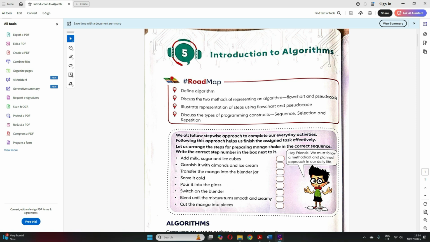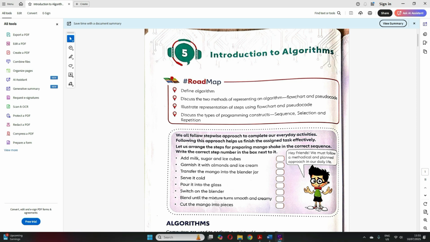In our everyday life, we perform certain tasks, right? We follow certain steps. For example, in the morning when you need to brush your teeth, there are some steps that you follow. First you pick up the brush, then take the toothpaste. Third, you apply toothpaste on the brush. Fourth, you brush your teeth. Fifth, you rinse your mouth, right? So these are the set of steps that you follow to complete a task. What is your task? To brush your teeth.